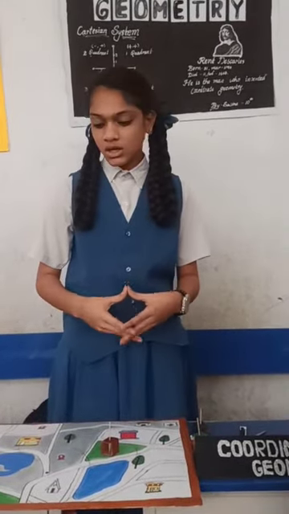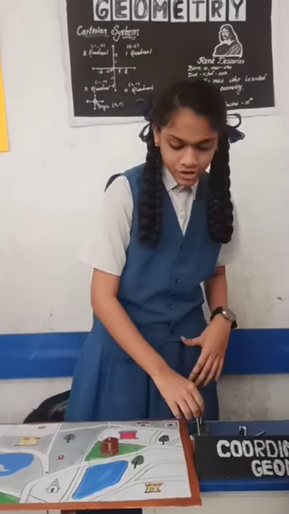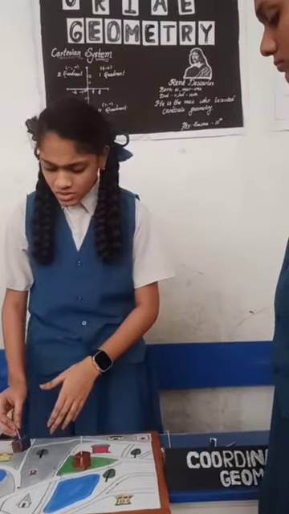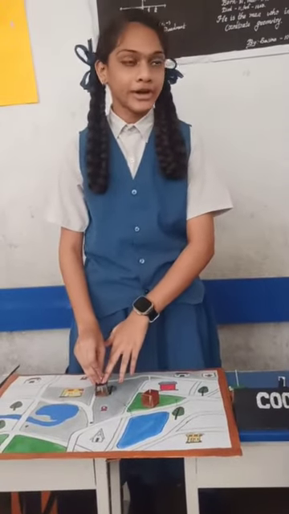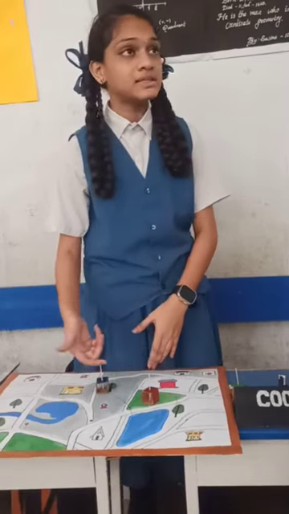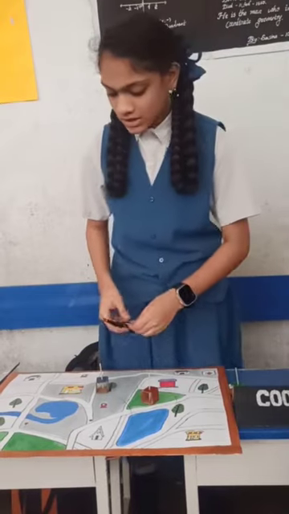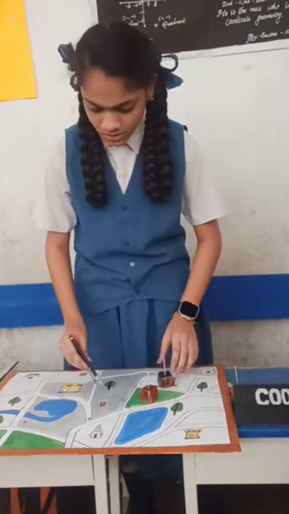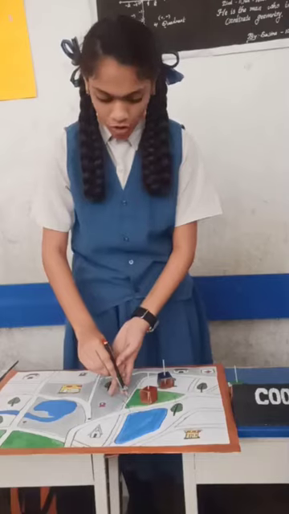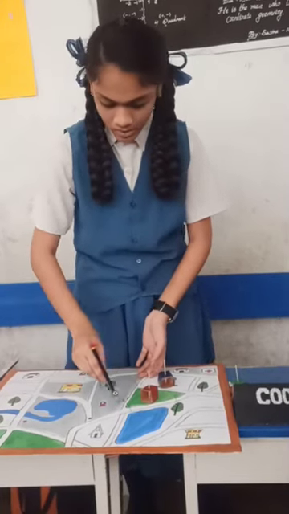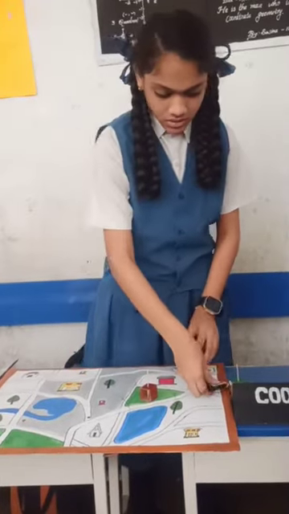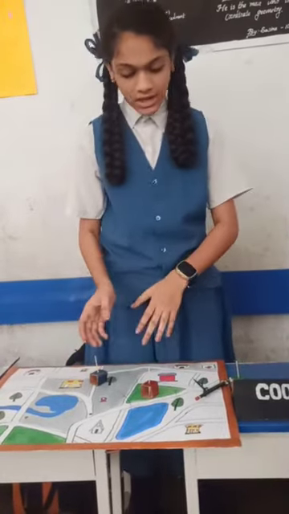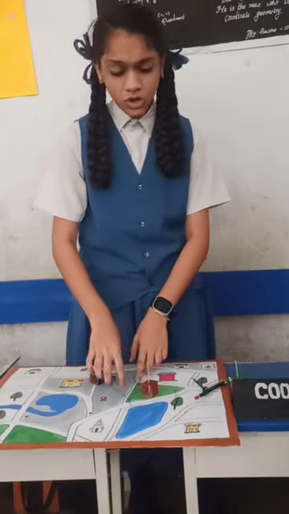Is this enough to locate me? No. Let us take another reference point. Let us call it the blue point, which has a 20 meters distance from the red point. Let us draw another circle using this 20 meters reference point. This forms another circle, and we get 2 points.